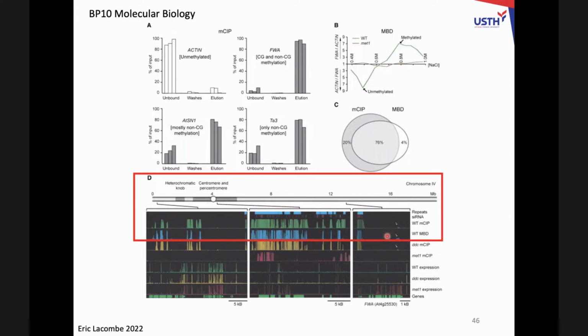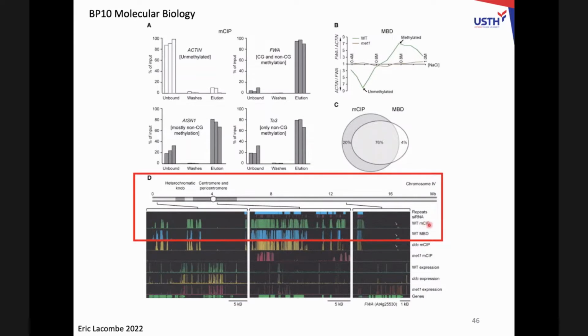The two lines just below, the green one and the blue graph here, are giving you, in wild type plants with no mutation, the level of methylation of DNA. This is why I don't want us to look at the bottom, because those are mutants. This is the title of the paper. And why are there two lines? Because they use two different methods. The first method to analyze the methylation of DNA is